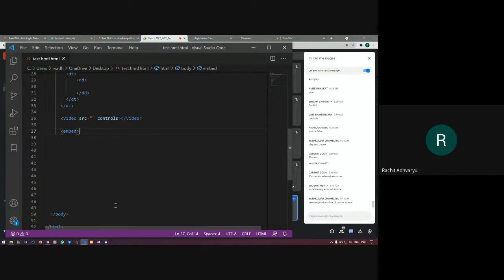So whenever this page is open, the embed command will try to search for all the external resources, and if it is there, it will switch on or switch off that particular external resource. So embed is always used to link external resources to your web page, right? Even you can provide external videos here, as Yes Kumar has written. If you want to add your YouTube videos directly, the link of the YouTube video, you can directly add it using embed, or even use the iframe tag, right?